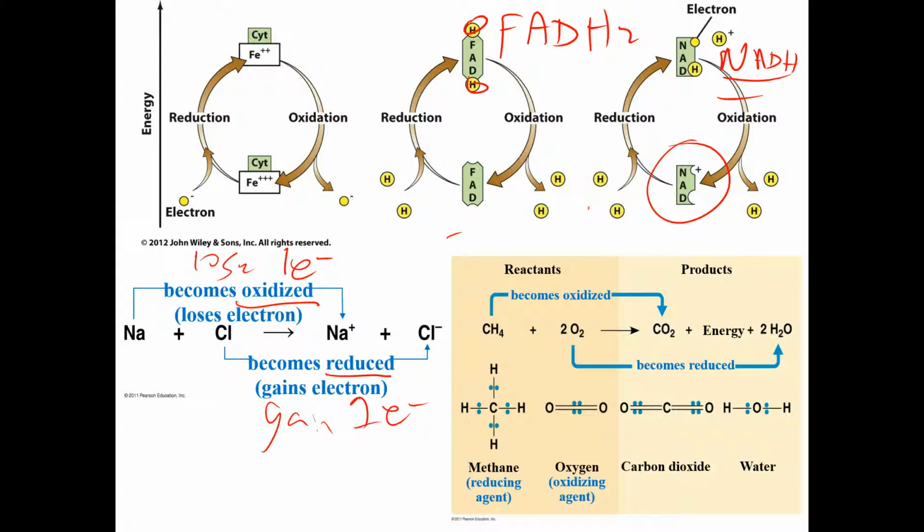Here, let's look at another example of oxidation reduction involving a chemical reaction. You have methane, you have oxygen gas. This is a combustion reaction. You produce CO2, energy, and water. So look at methane. Methane is a what? This is what we call a